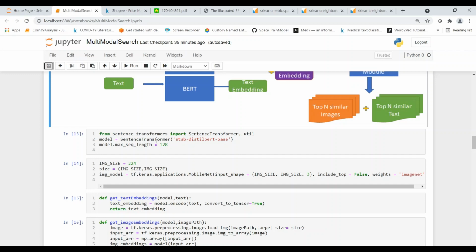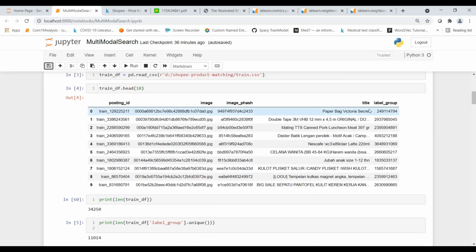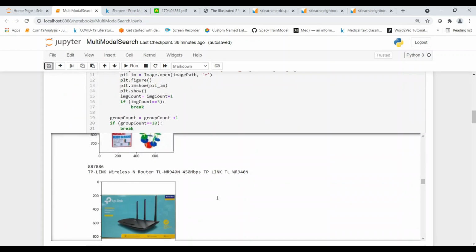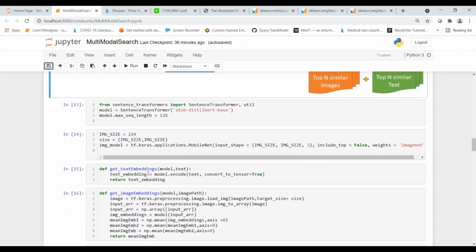So why do I use sentence transformers? I have made another video on sentence transformers as well, and I'll put the link in the description of the video. A sentence transformer takes as input a sentence and returns a sentence-level embedding. We want the embedding for this textual description at a sentence level, so that is the use of a sentence transformer over here. This is very simple: you pass the model which I've instantiated over here and our text, and it will return a text embedding, which is a sentence-level representation for the text.